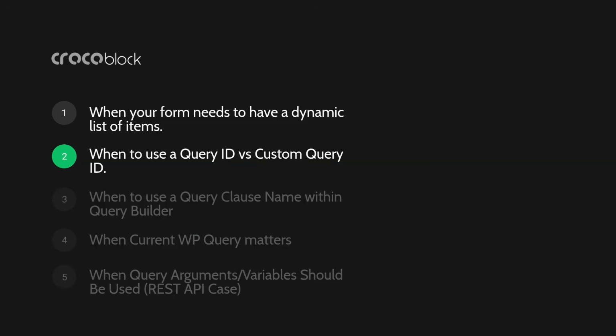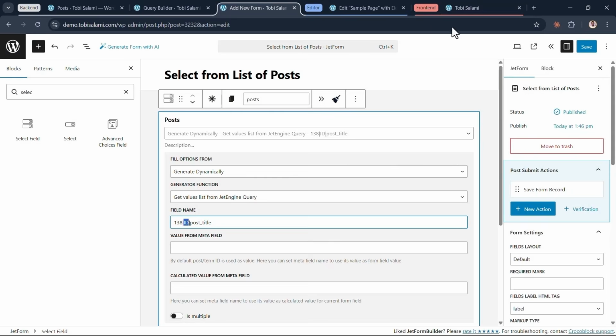Now that's 1.5 of the Query Builder common mistakes and fixes, because we've talked about making use of the query ID or the real query ID, and that's what we made use of right here. The second we want to talk about is the custom query ID. When do we make use of that and how's that different from the query ID? Let's show you that. If you come back here, let's just save the form